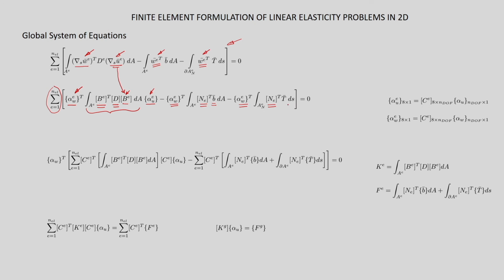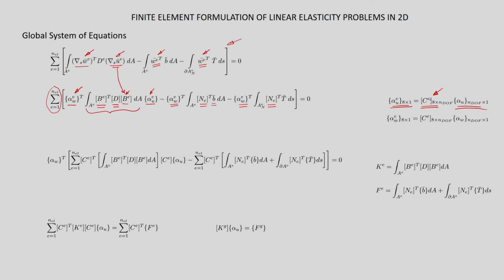So, what we will be doing next is we will be using the relation between the local number and the global number. In this case it is not the node number, it is the DOF. So, we are writing the local alphas with respect to the global alpha using this matrix. This correspondence I have already shown for a particular element. For any element E we have to calculate this matrix, and if you try to visualize, this matrix will come up with only ones and zeros.